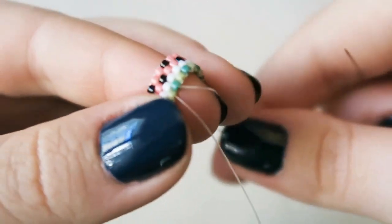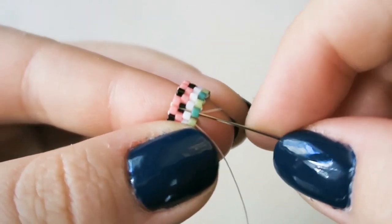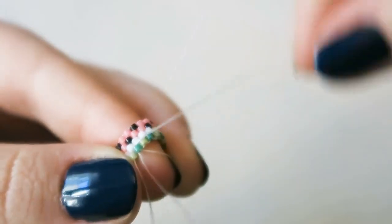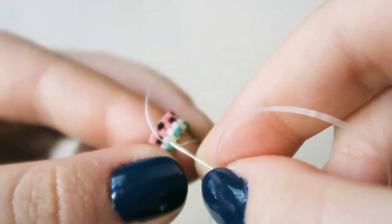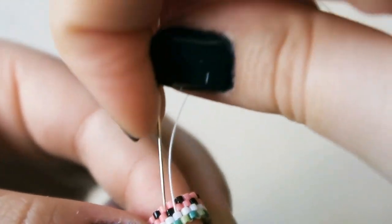Nice and continual. Anyway, so then you are just going to go through the bead from the other side just to create that loop and make everything look the same. And then you're just going to sew back through your beadwork like you do with all beadwork to finish off your thread. Just make sure you sew back through it quite a lot because rings get quite a lot of